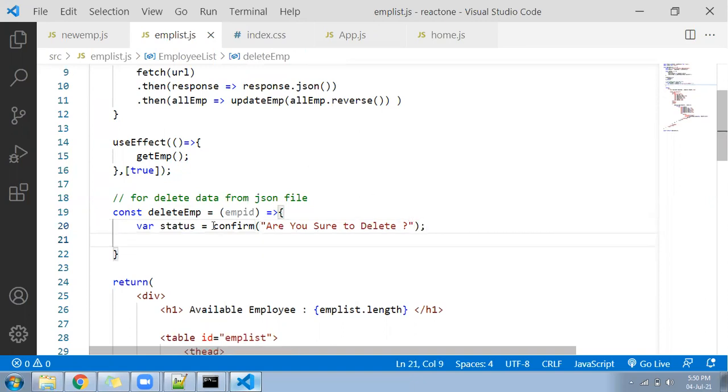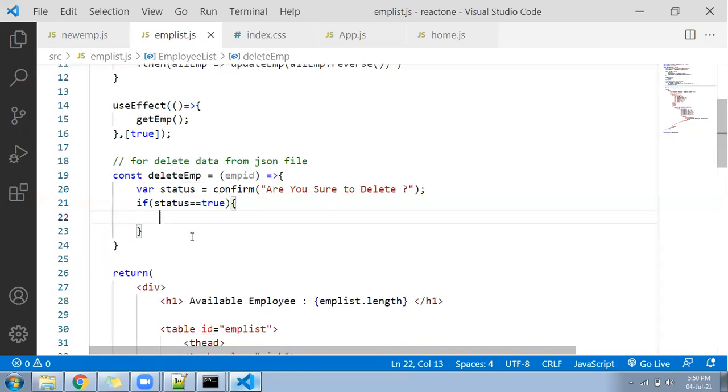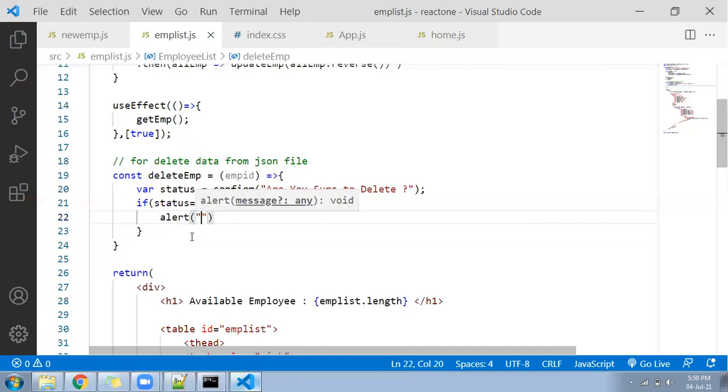Come down, write an if condition. If status equal to true, then it will come here and it will say as an alert, okay, it will delete now.